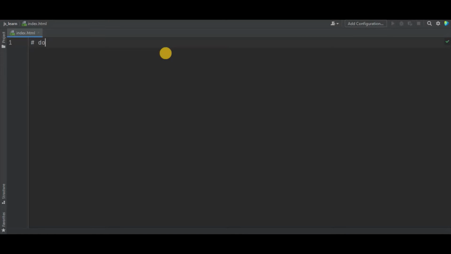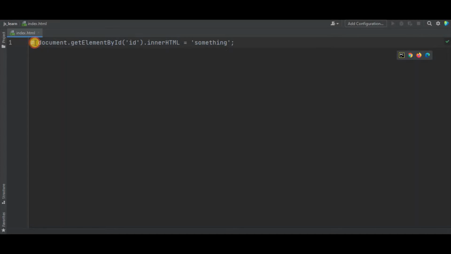We first grab the element by saying document.getElementById, and then we say innerHTML to be equal to something, right?